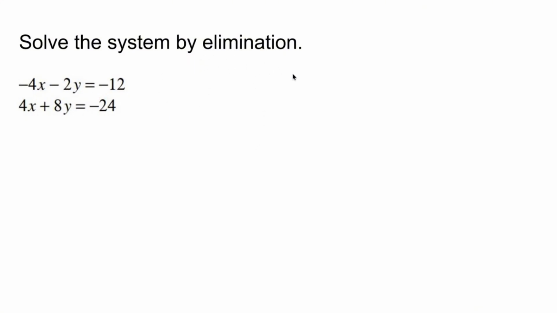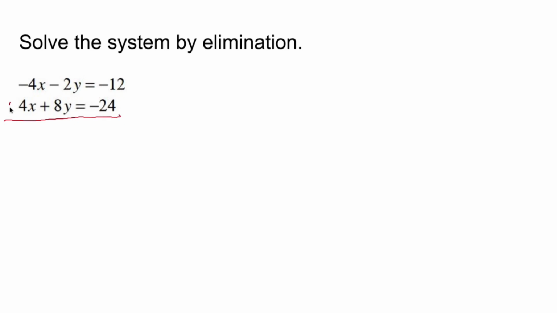Now this method is convenient if all of your x's, y's, equal signs, and numbers are lined up. Oh look, they are. It's also convenient if in one of your variables you have the same exact coefficients but one is positive and the other is negative. Oh, look at that. That's the case too. So now we're going to use elimination because this method is faster. Once you have everything stacked up in some type of order, all the x's, y's, equal signs, and answers are all stacked up, and once you have a negative something x and a positive something x, and they're the same, it could be the y's too, you add the